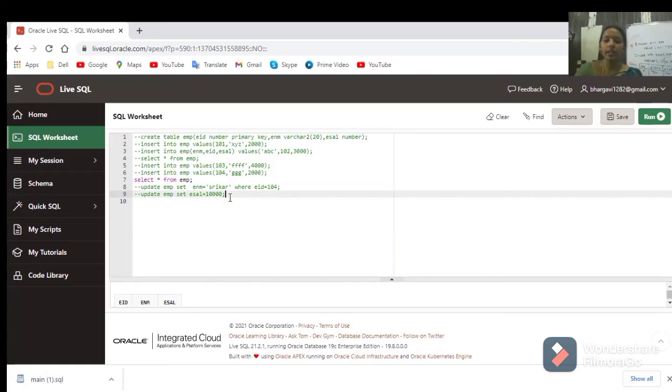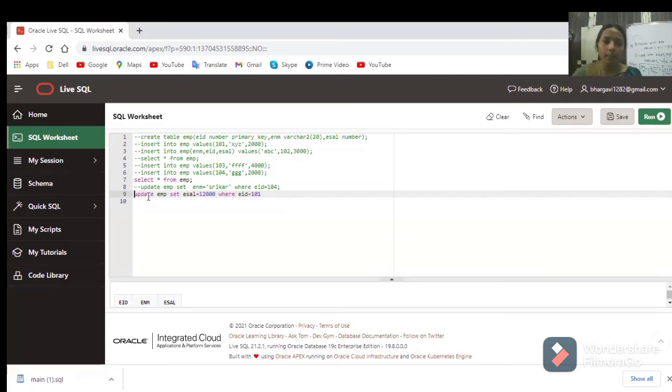If I am saying where employee ID is equal to 101, for example, 101 salary, I want to make it 12,000. Now I'm removing it from the comment section. What are you doing here?